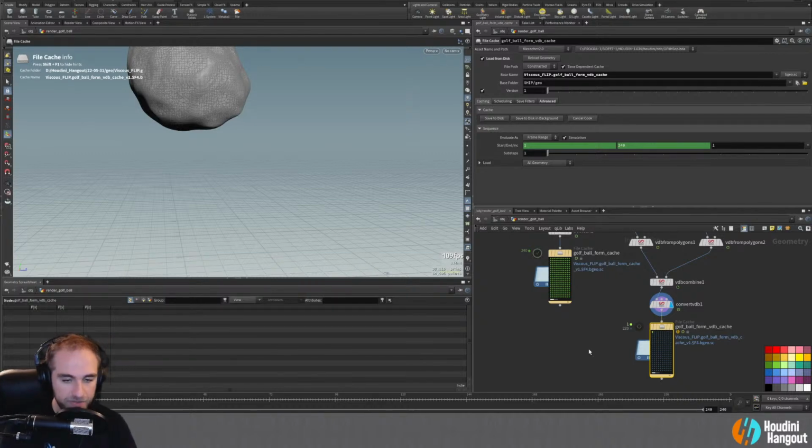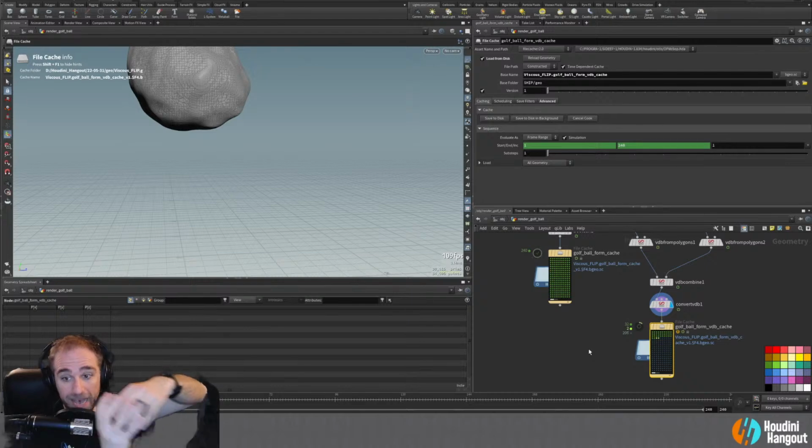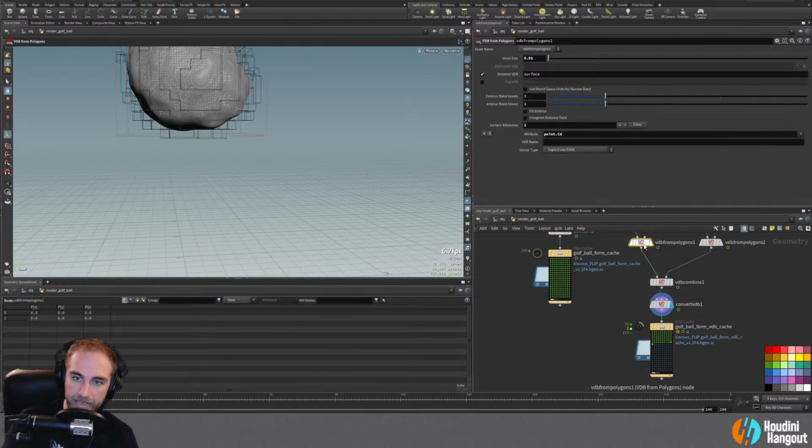But yeah, you're right. You would have to transfer it back. I just did a thing. Somebody in a Discord chat was asking if you could keep the identity of two objects that are being combined, doing this VDB combine. Could you keep them? I came up with this idea of putting an ID attribute on both of them, a float attribute, putting that into a point thing like this, and then combining the surface VDB, combining that ID like a fog VDB, and then merging them back together,